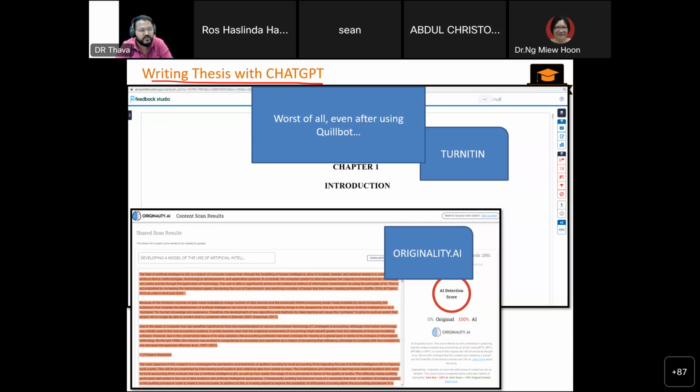So forget Quillbot. If you want to check grammar just on the surface level, use Grammarly. Don't use anything else. I don't think any other engine is working very well. If you ask me, many Instatext, this, that, all useless. We have experimented with all of it. Don't waste your time. Okay?